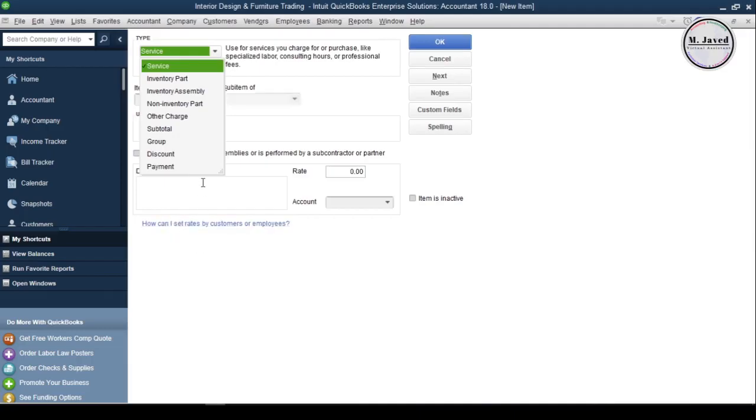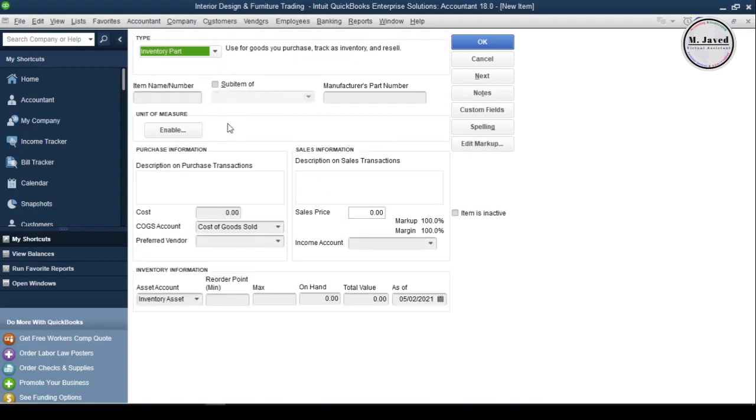Here it has selected services in the type field by default. Just change it to inventory part. And here we can fill the fields to add our inventory items. Well, I'm going to create a main item and sub items. For the main item, we don't need to fill all the fields, but we do need to map it with